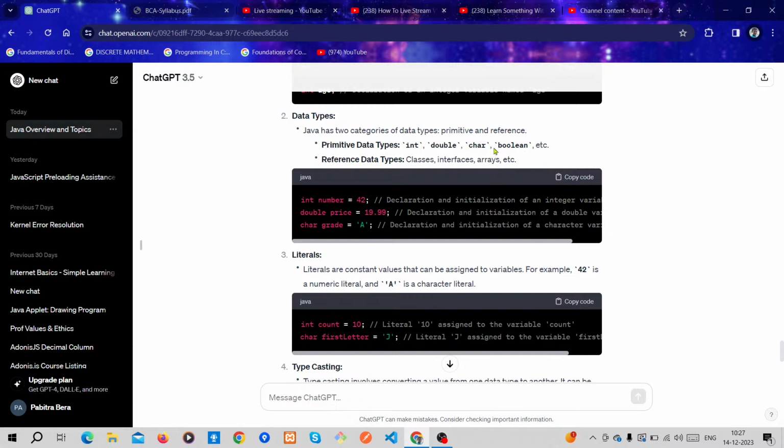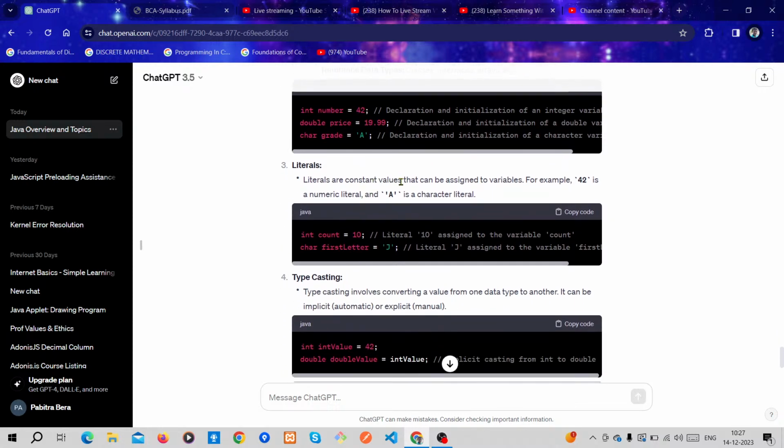Primitive data types are inbuilt data types. So int number = 42 is a primitive data type, double price is a primitive data type, and char grade = 'A' is also a primitive data type.